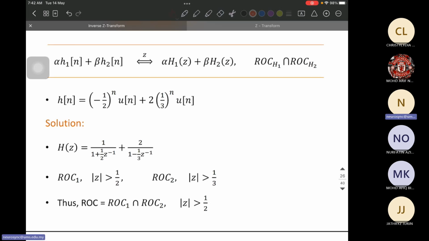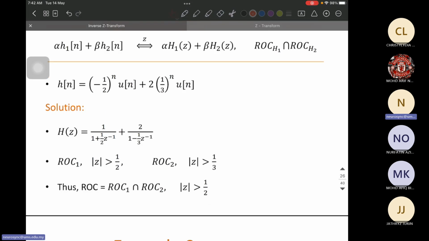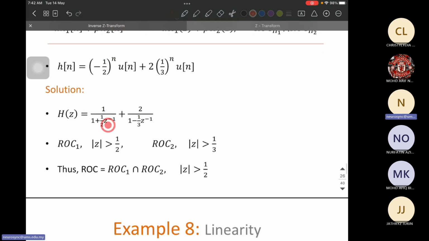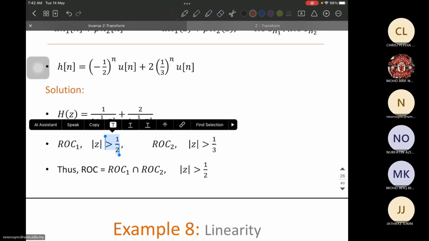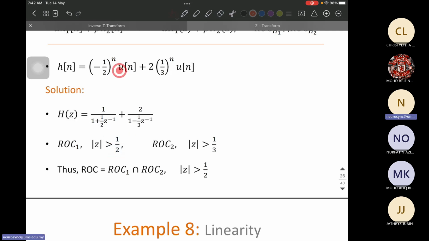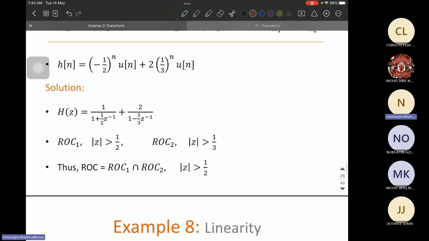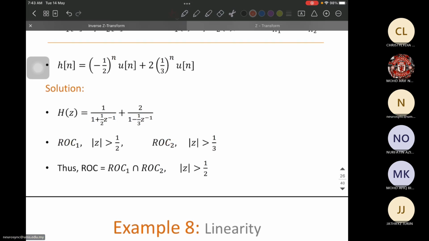Okay, now the ROC for this first transform is modulus of Z greater than 1 by 2. Correct, this is a right-sided signal. For the second signal, it is modulus of Z greater than 1 by 3. Now the overall ROC for this h of n will be the intersection of ROC1 and ROC2. Okay, so ROC1 and ROC2 intersection means if we draw the ROC on the Z plane,